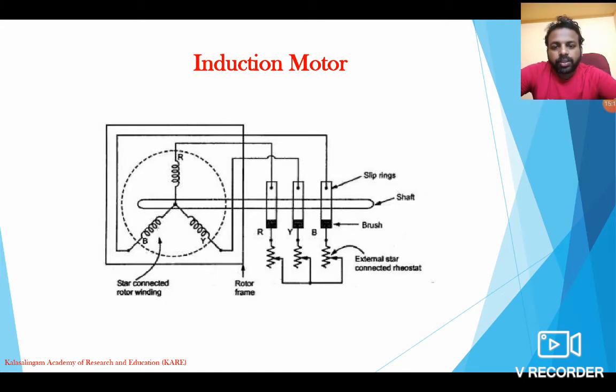Here you can see that it has three slip rings. These three slip rings have separate circuits. It creates a winding over the rotor, right? So when you have slip rings, it creates more resistance to the current flow in the rotor. Due to the high resistance created in the rotor, it creates more torque as well as a high range of speed.